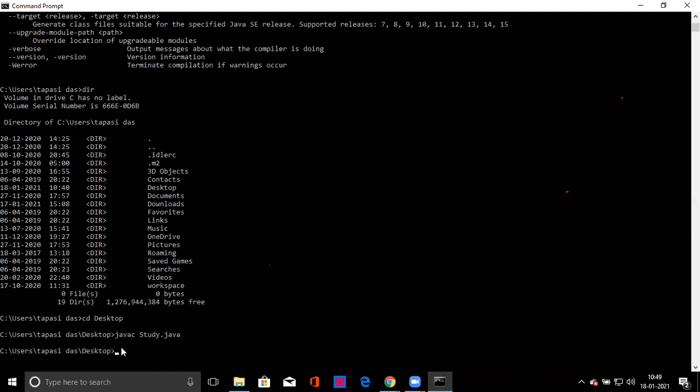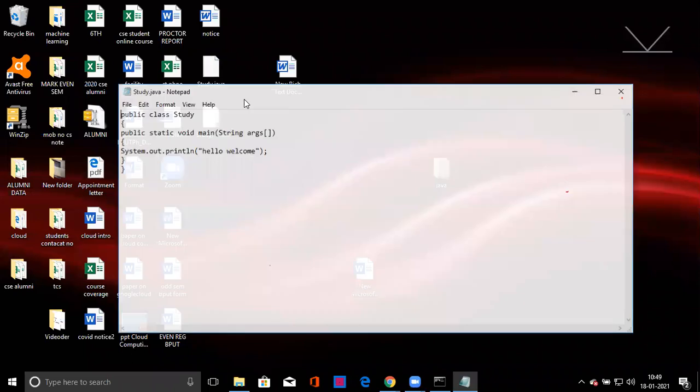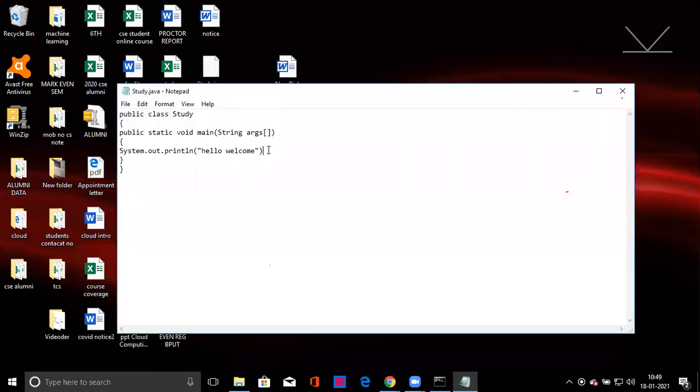If there is any error, suppose here our semicolon is missing. Look, suppose I am missing one semicolon, open the program. Here I am deleting this semicolon, because always every statement of your Java program is ended with semicolon. The println statement is ended with semicolon. Here System is the class name, out is one object of the class, then println is a function. What is the task of println? It will display this text. And after the println statement, you have to give the semicolon.